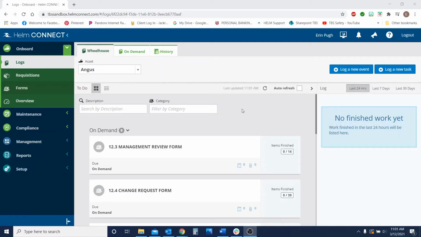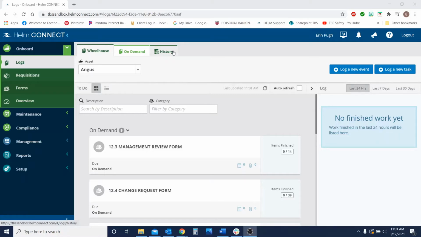Guys, we are here today to talk about our number one most requested piece of advice on how to use Helm, which is how to use this little tab up here that says history. So when the Coast Guard gets on the boat or your TPO and they're asking you to find maintenance that you've logged into the system, or your most recent fire drill, near miss, your most recent master's daily log, you need to be able to pull that information up while they're requesting it, and you can do that right through